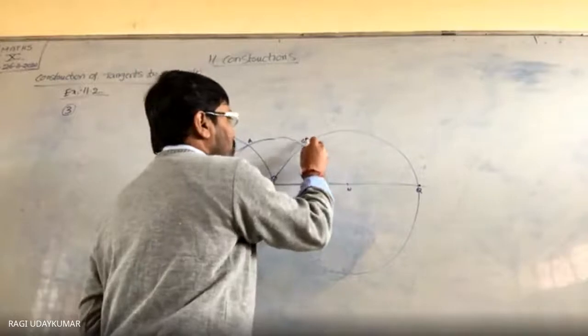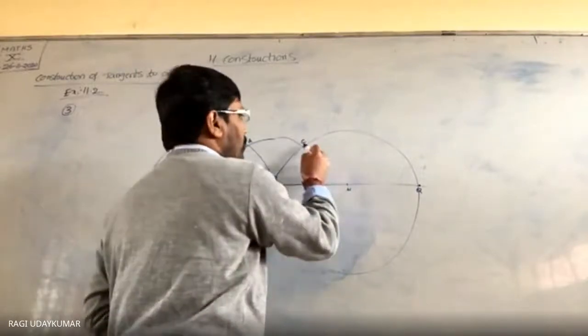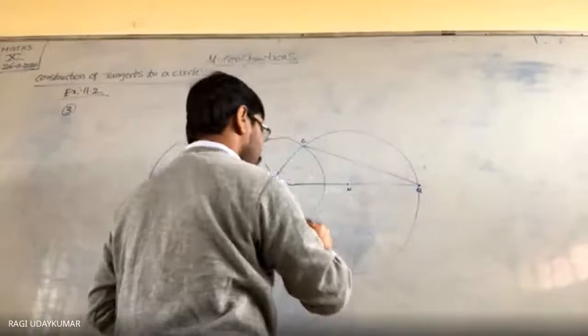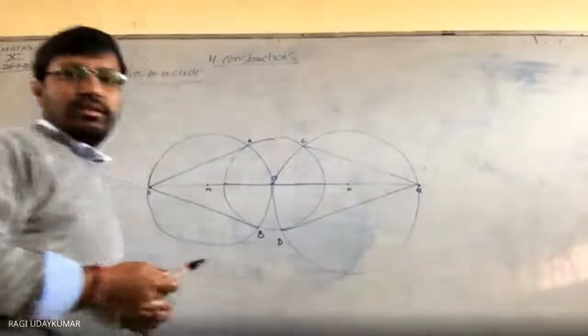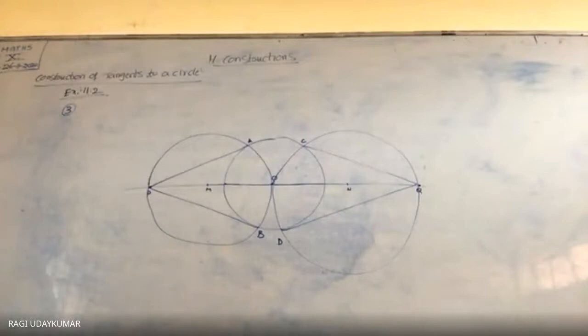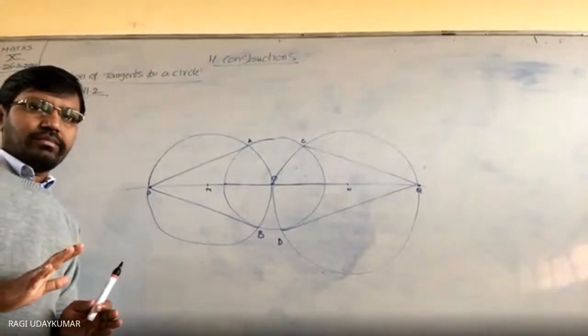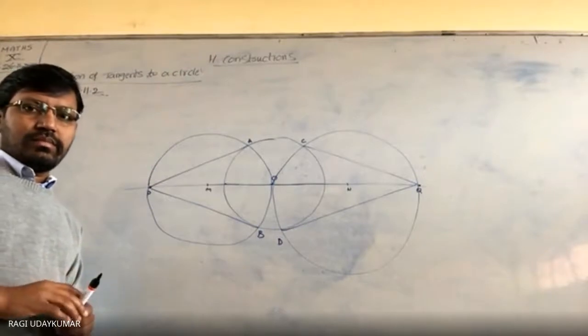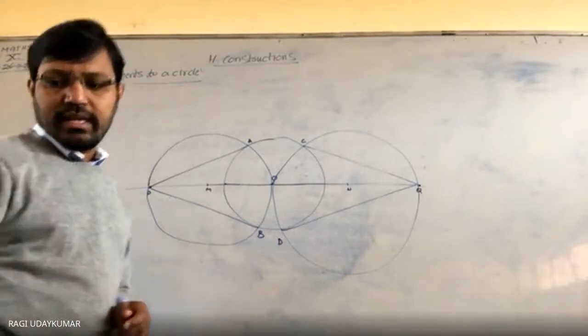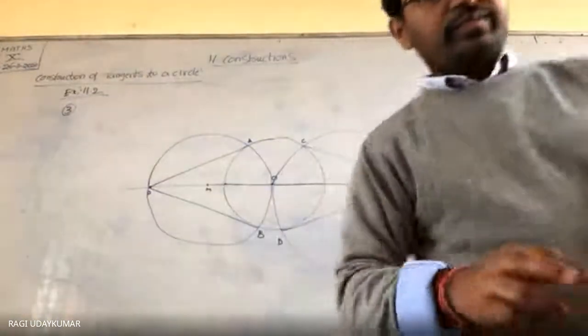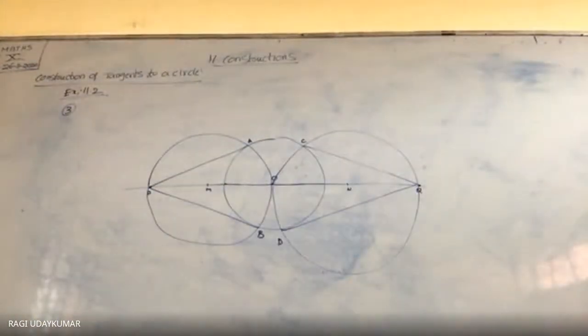ये किस पॉइंट में टच हो रहे हैं? C and D मान लो. Now Q to C join करो. D and Q join. Okay, tangents. These are the other two tangents here. समझ में आया ना? Yes, sir. Clear to you? No doubt at all here. Doubt नहीं है ना? If you have any doubt, please ask.